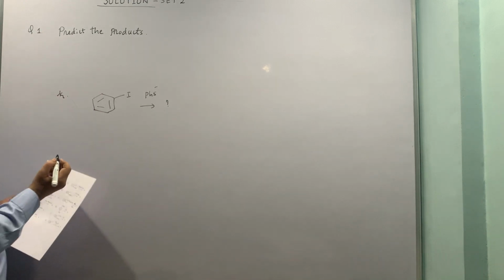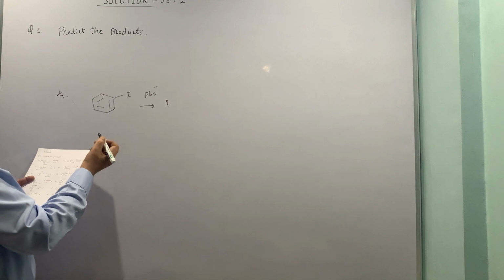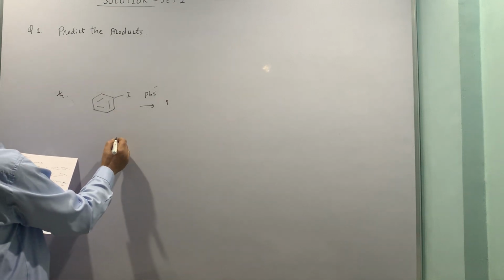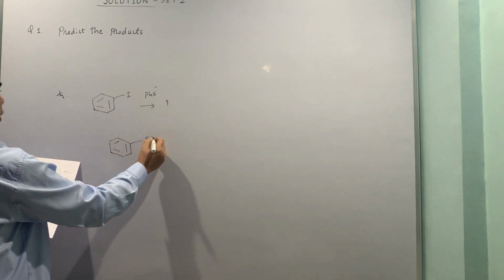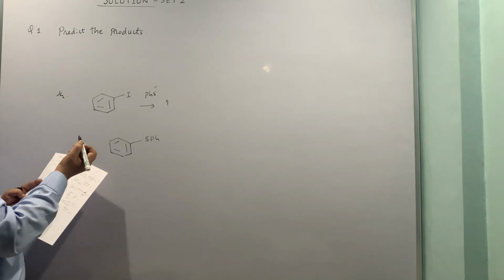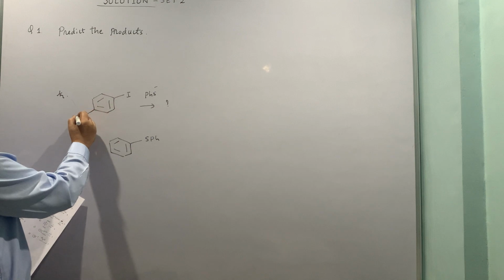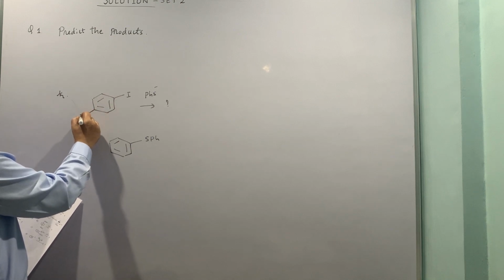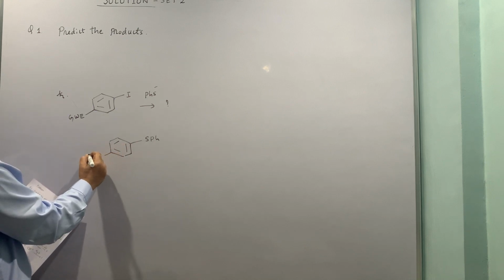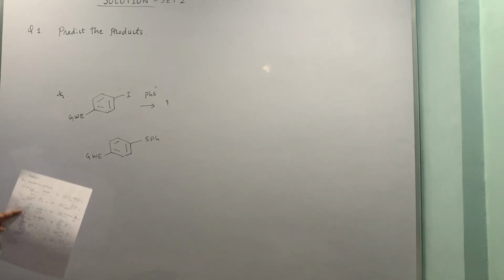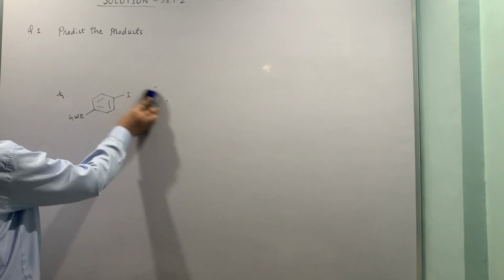Now here the iodobenzene is there, and still you can expect the ipso attack and then loss of this. Now on this side some electron withdrawing group would be better, so that the reaction will go a little faster. Otherwise the reaction will take place, but it will be a slow reaction.